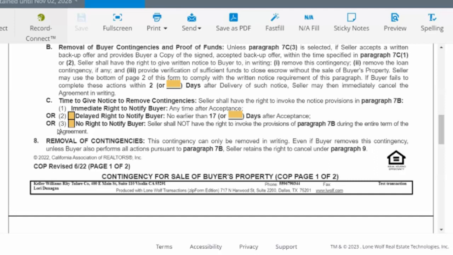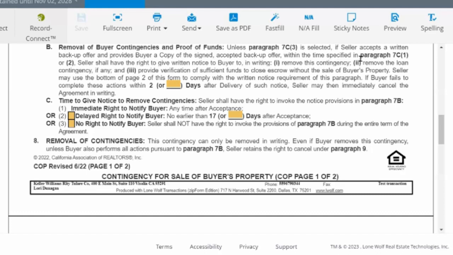But here's the one that we want to mark. We want to make sure when we're using this form that we are protecting our client by marking 3C. And this says that the seller shall not have the right to invoke the provisions of paragraph 7B, which I'll read to you in a minute, during the entire time of the agreement. And so what 7B says is that